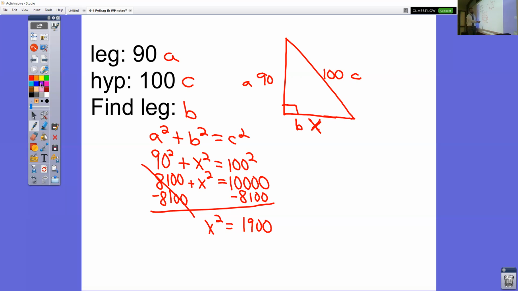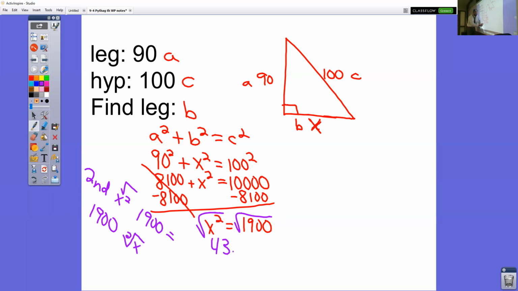The last step in every single question is to take the square root. The square root of 1,900, when you type it into the calculator, remember these school calculators, you're going to hit the second button, then the X squared button, which is really your square root, then 1,900 and hit equals. On a school device or a laptop computer, you would type in 1,900, then hit this button, which is the square root button. Square root of 1,900, big, long, ugly decimal,